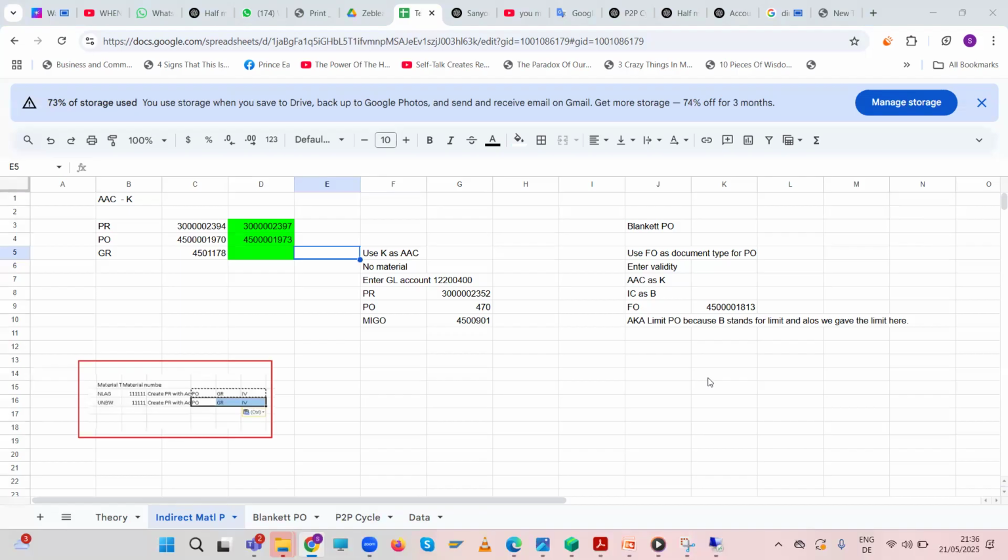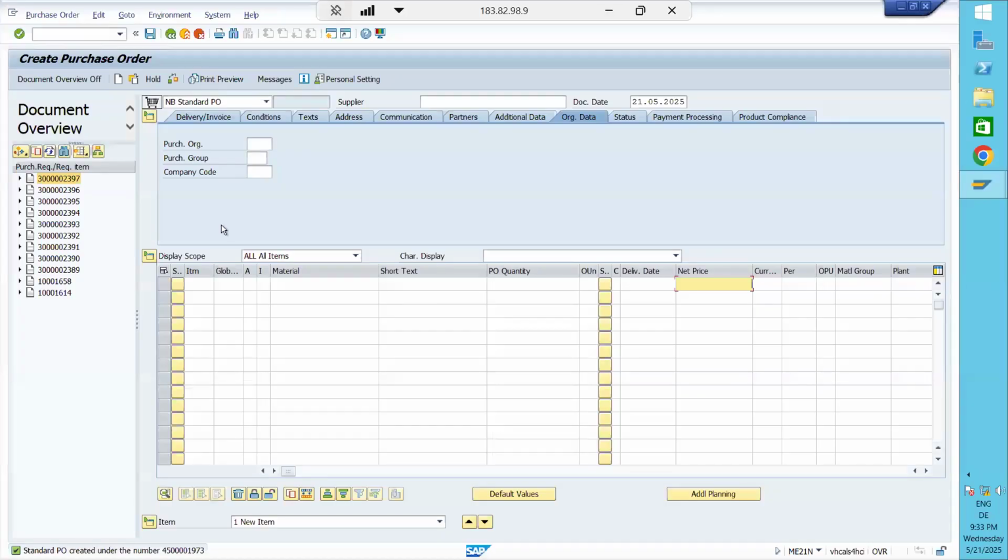Okay, at least basic T codes you should remember. Abhijit, can you tell me? I think it's MIGO. MIGO, very good. You have to practice, guys. Please practice. These are basic T codes. You should know them. These are basic T codes which will help you go a long way